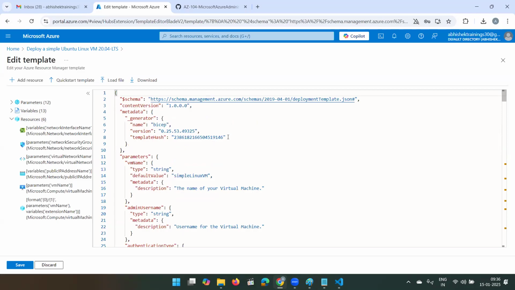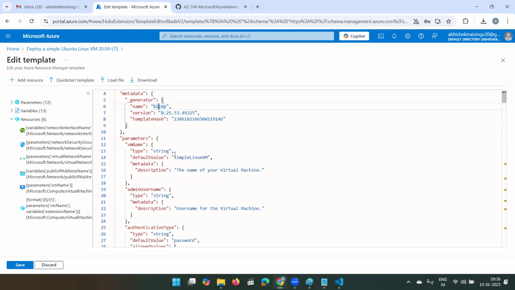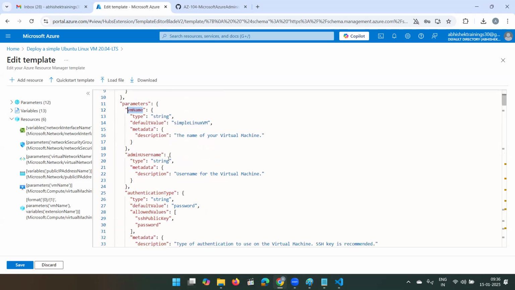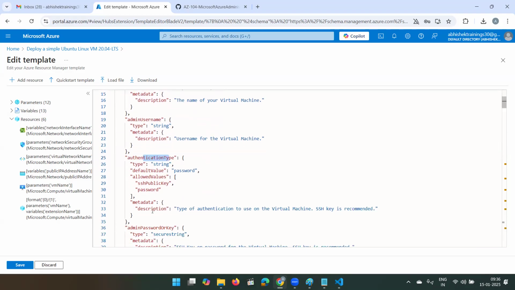Now again, by creating a VM, what are they providing? They are using this bicep template. Then parameter section, what are they using? VM name, simple Linux VM. So this is the parameter section. Okay, make sure in the parameter section they are using name, they are using username, they are using authentication type, they are using